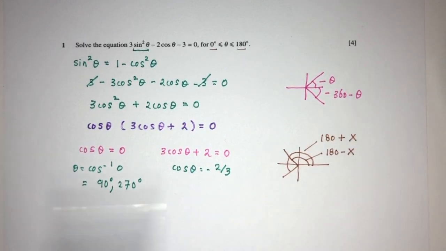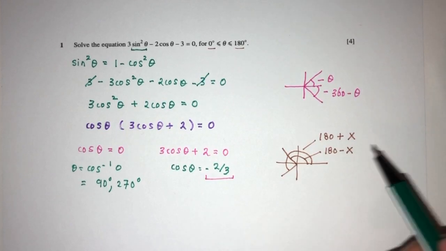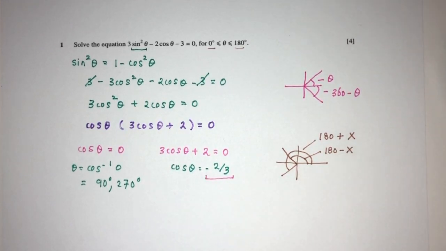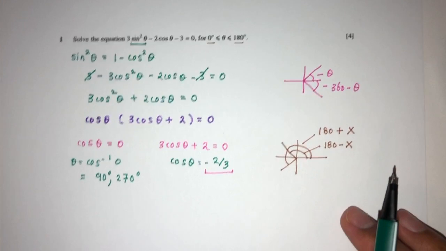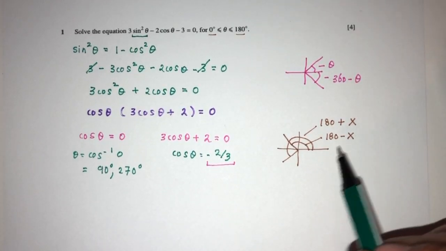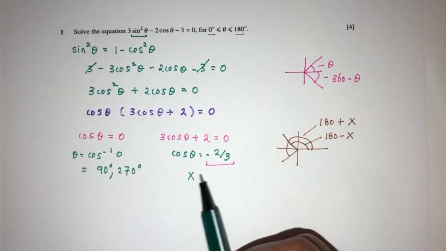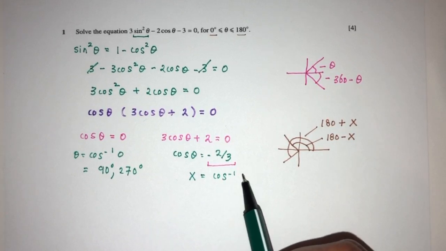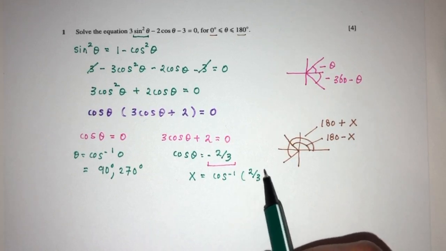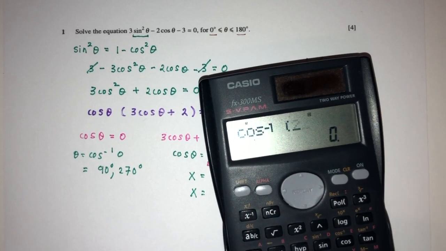Now x is not the answer obviously. Because we have the negative value here, I will try to go through the angle x. I will not be finding theta first, because I have a negative value here. Now it is obviously my technique that I apply every single time. So if you guys want to follow this, you can always follow this step. So to find x first, that will be cos inverse of the positive value of this. So x will be what? So cos inverse of 2 over 3, that should be